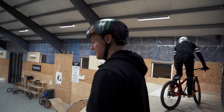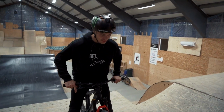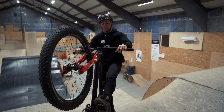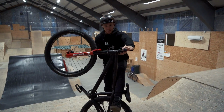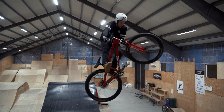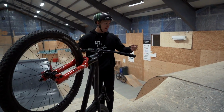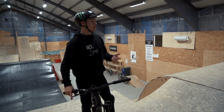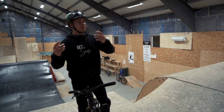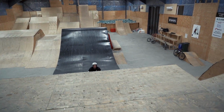Okay. So I instantly see that is a good one. That was the best one I've seen you do. But the first thing I'm noticing is that instead of letting his feet come off by the bike, so you're wrapping the bike around your leg, you're letting your leg off and then twisting into it. Let the bike take your leg off by just twisting like that, because that's gonna make the whole process a lot smoother and it's not gonna be like you're tangling yourself around the bike rather than tangling the bike around your leg. Straighten his legs and then